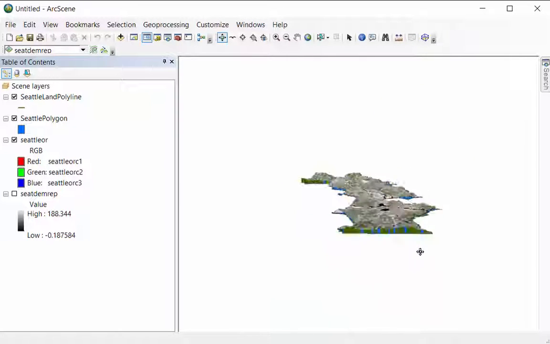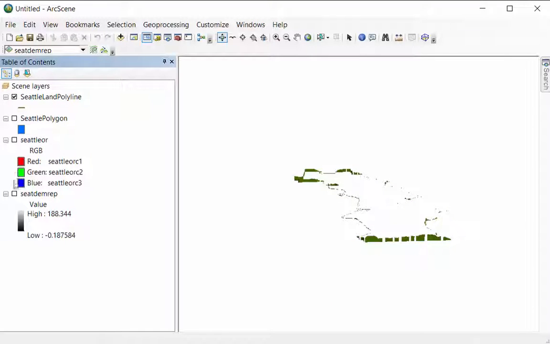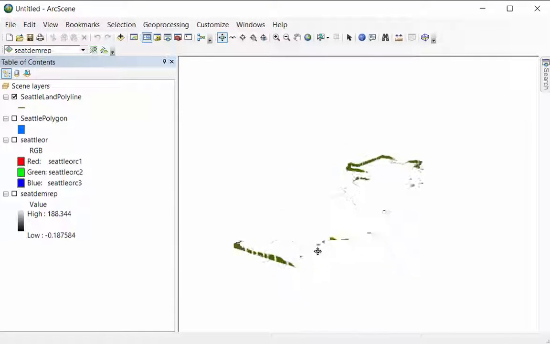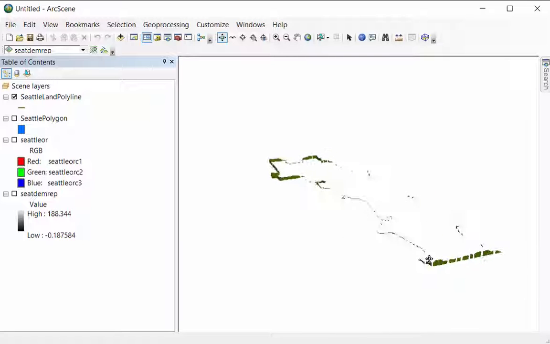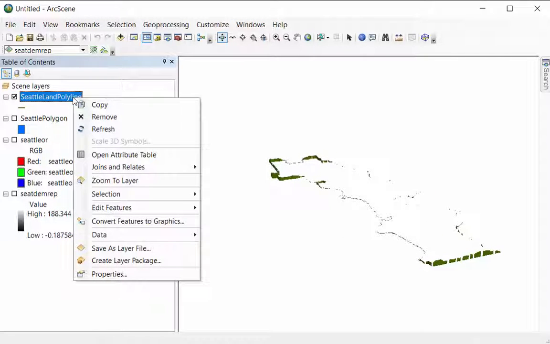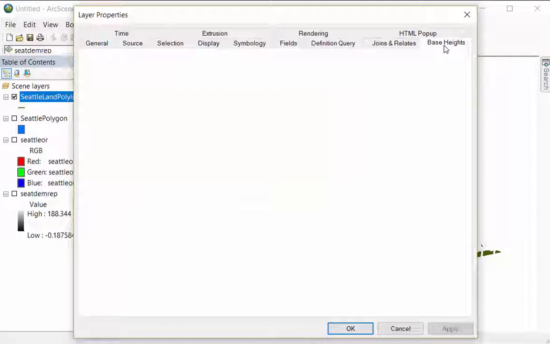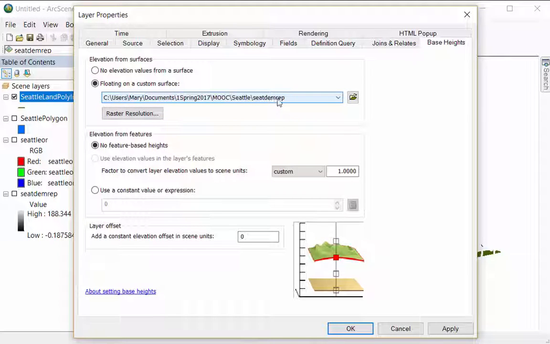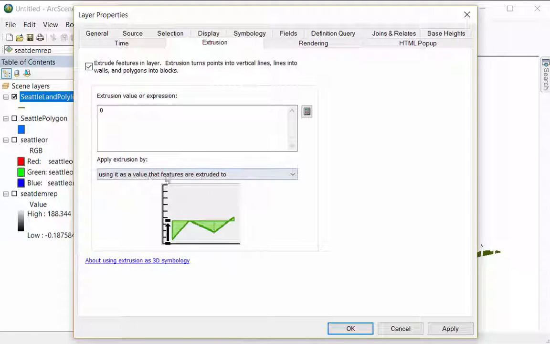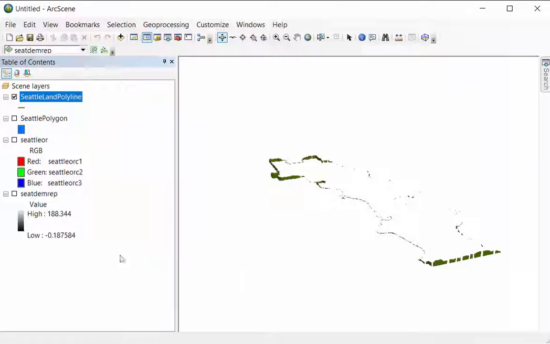Took it in here. So, here's the polyline, but I first, with the polyline, I went to base heights. I went to the base height and had it lie over the DEM, and then I went to the extrusion and I extruded it up to the DEM, using it as a value that features are extruded to. Okay, and then the